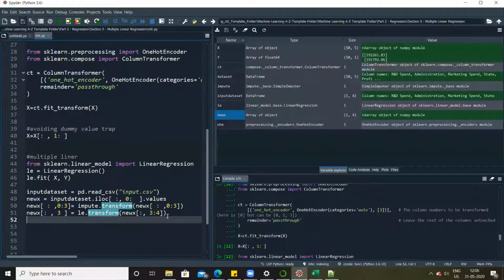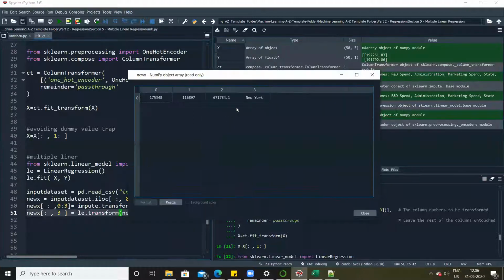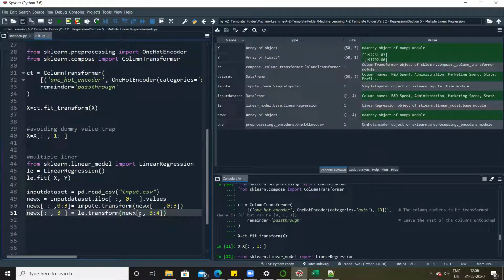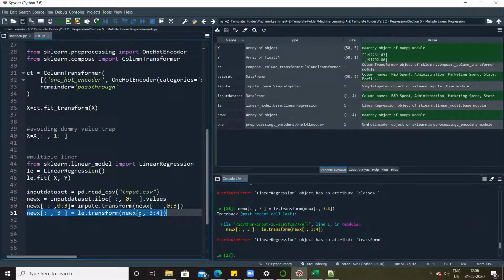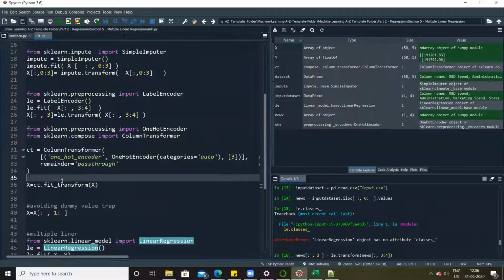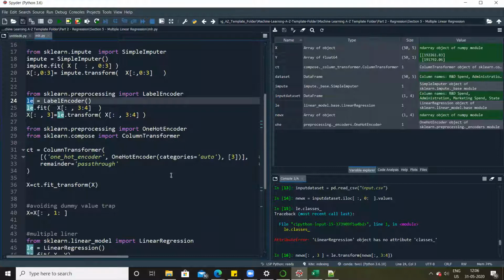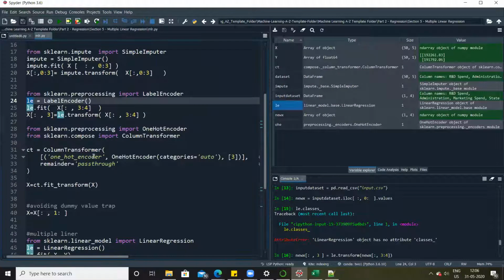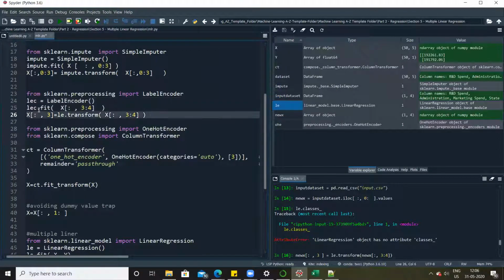All right. So let us execute this step, right? So before applying, this is the data in the new X variable. Now applying step number 51. Oh, sorry, my bad. Label encoding. Okay, guys, I know what is the problem. So see here, accidentally we have used the same variable name. We used the variable name LE and the same LE we used over here. Right? That's why I was not able to find your classes object. So let me change this and rerun the entire program. I'll change this to LEC, LEC, and LEC.